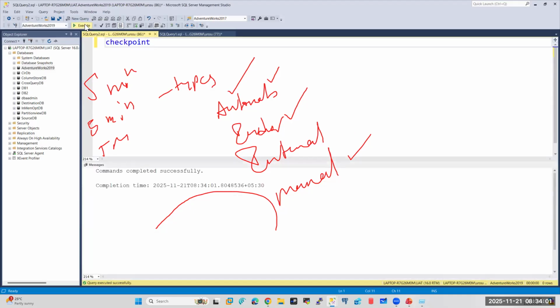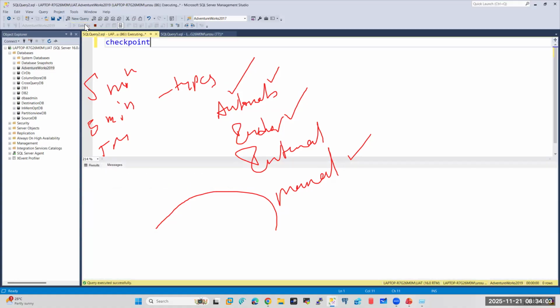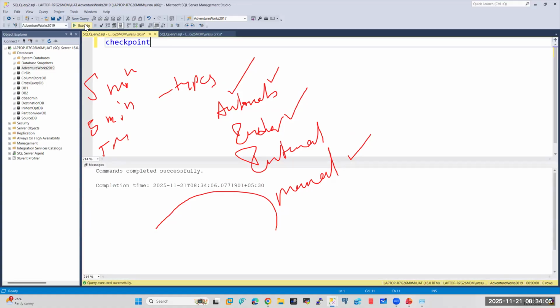Execute. Now data is quickly moving to the MDF file. I can trigger the manual checkpoint to see it a little quickly, or my automatic checkpoint got stuck. It is not moving the data. That time also, I can trigger a manual checkpoint. But